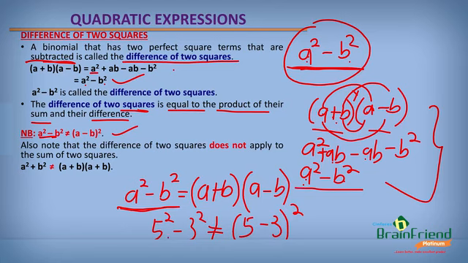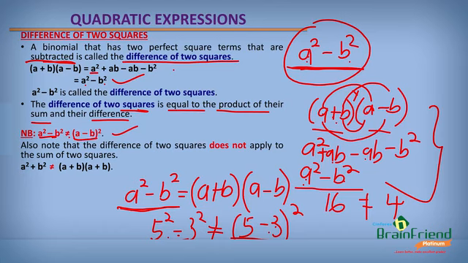This is the difference of two squares, and this looks like a perfect square. If we are to solve this, 5 squared minus 3 squared, that is 25 minus 9, which is equal to 16. And if we do this, we have 5 minus 3, that is 2, and 2 squared will be equal to 4. So 16 is not equal to 4. So what I'm trying to say is that a squared minus b squared is not equal to